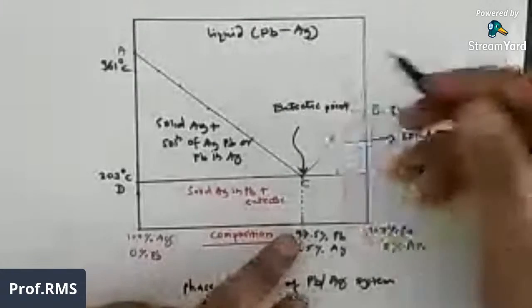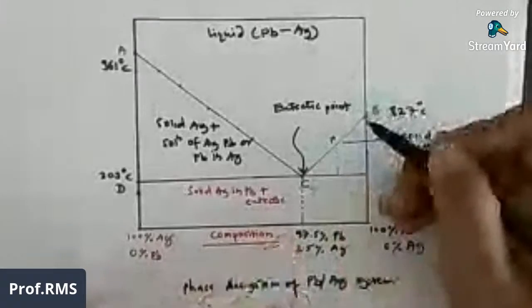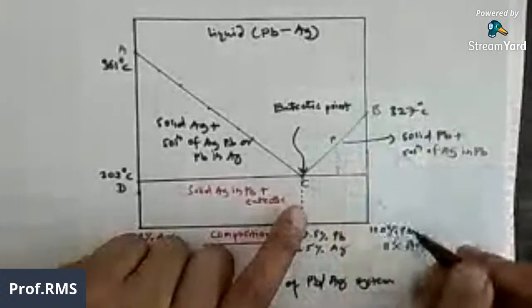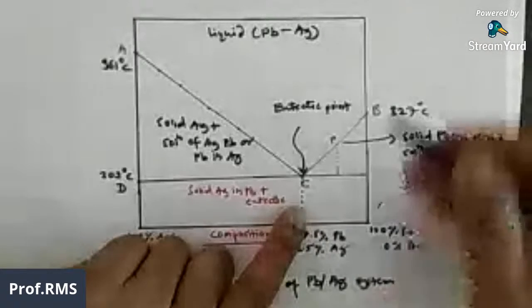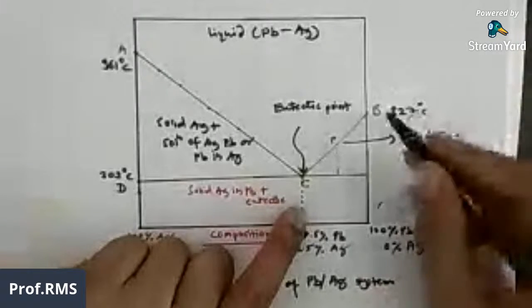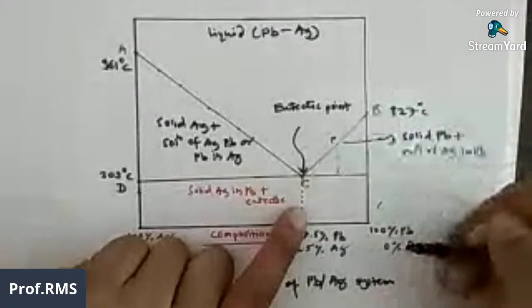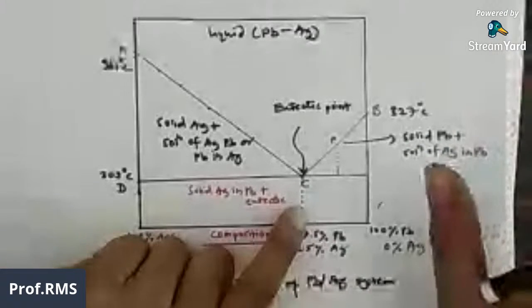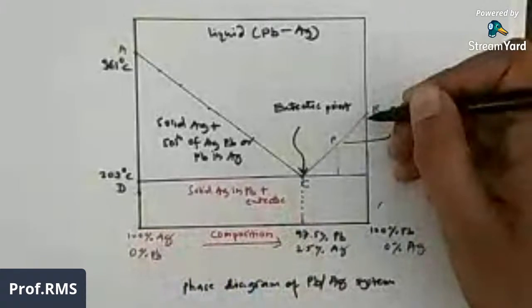Now let's discuss the curve BC. You can see the curve BC. Again, at this point, we have 100% pure lead, and the melting point of pure lead is 327 degrees Celsius. It means that at this point the lead transforms into liquid form. So from here, if I try to add